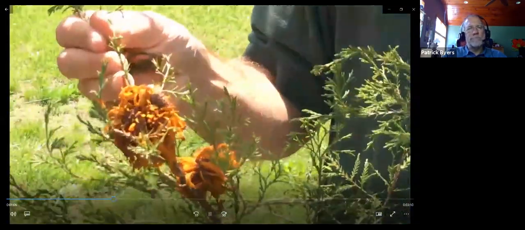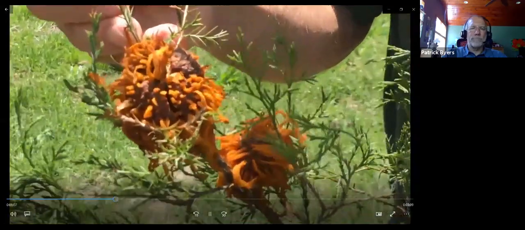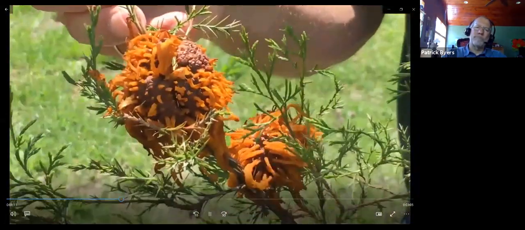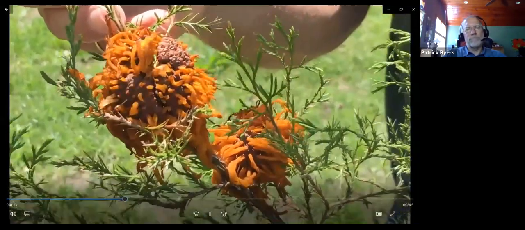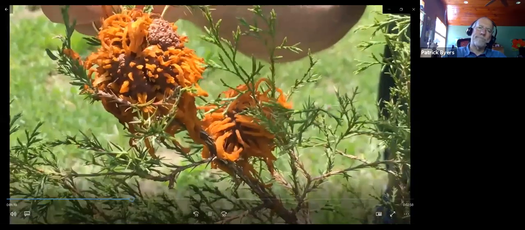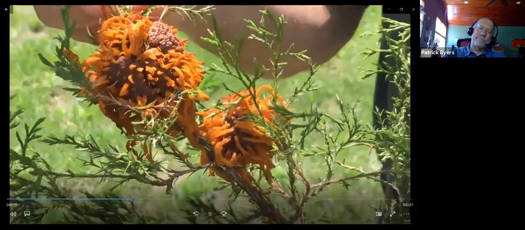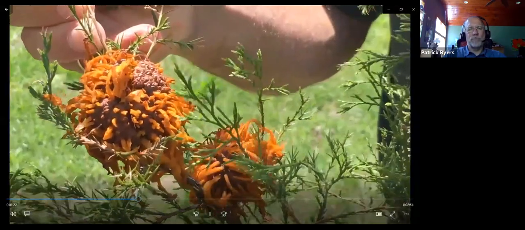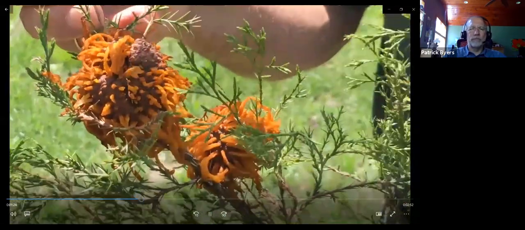At this stage, spores are then spreading from the cedar host to the apple. On the apple, the result will be orange to yellow spots on the foliage and sometimes on the fruit. In a year of severe infestation, there can be enough damage to the foliage that the leaves drop, and after a number of years of infection with cedar apple rust, the tree can be weakened and made susceptible to other problems.